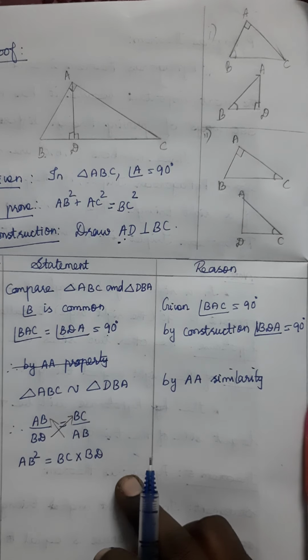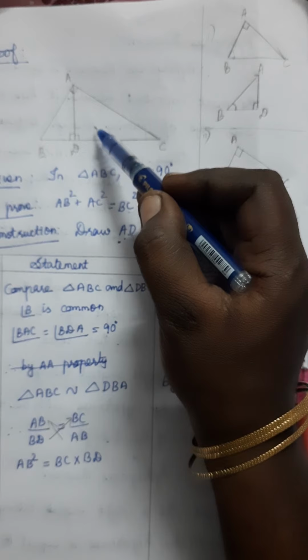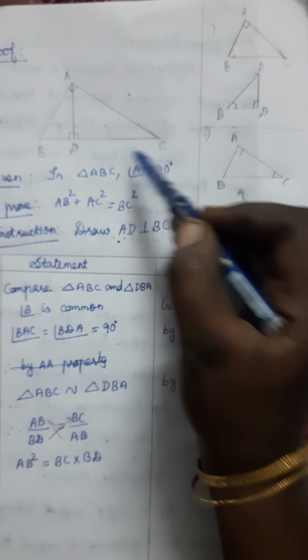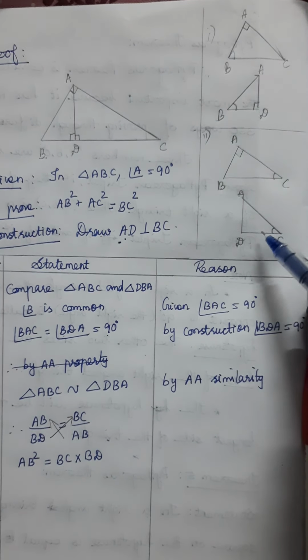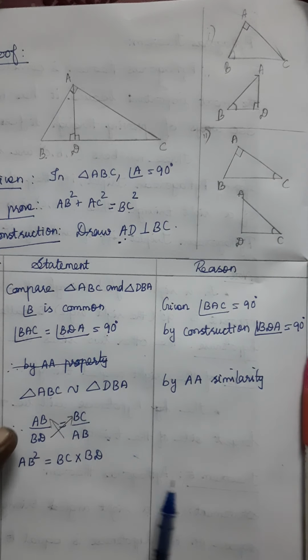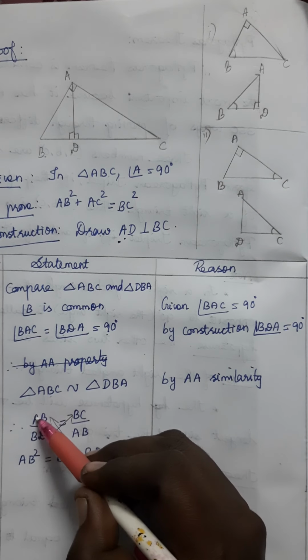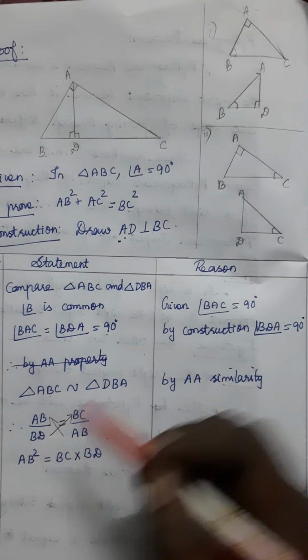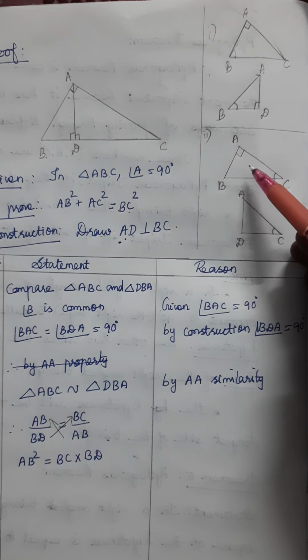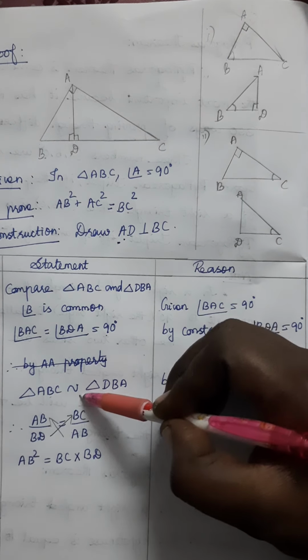Next, the second one: we will compare the big triangle ABC and the small triangle ADC. That I have also drawn here. You see, likewise, here we choose this 90 degree, this 90 degree and a common angle for the left side of this ratio. In the same way here also we will choose the ratios. First I explain how to prove the similarity.